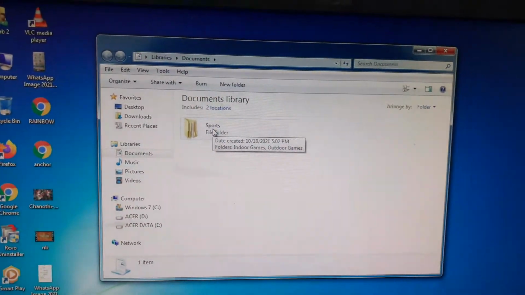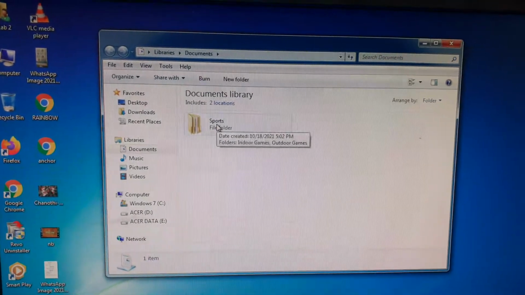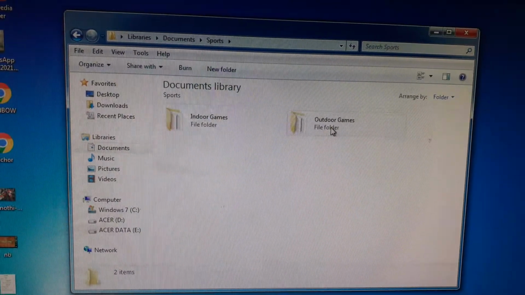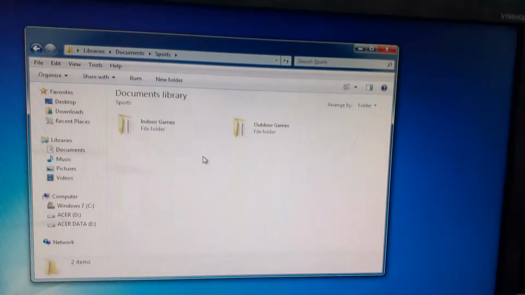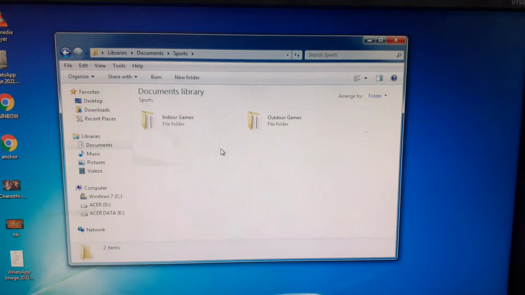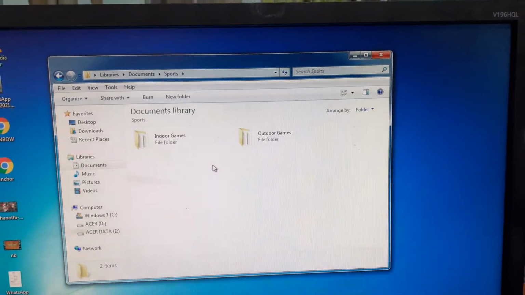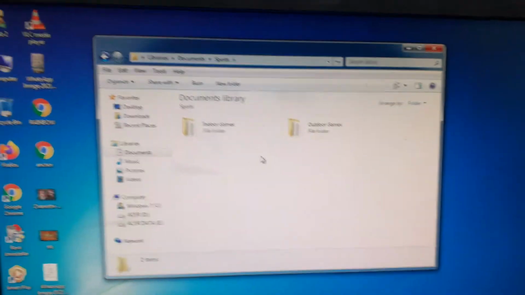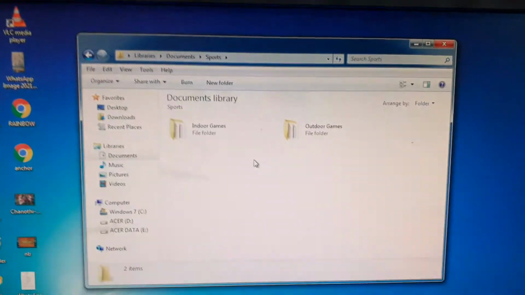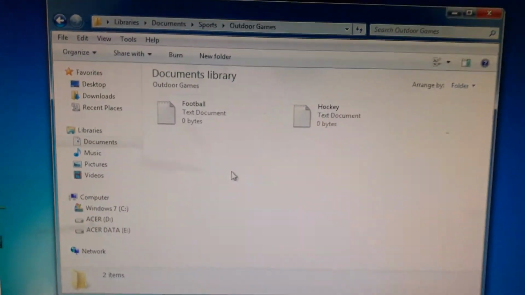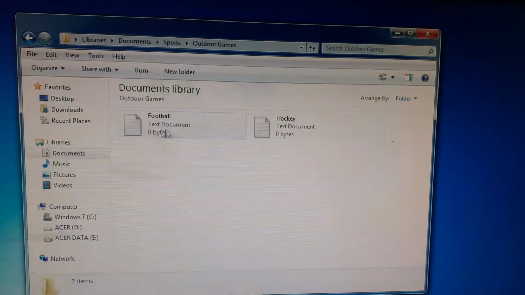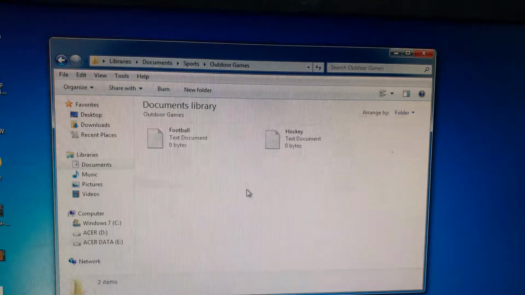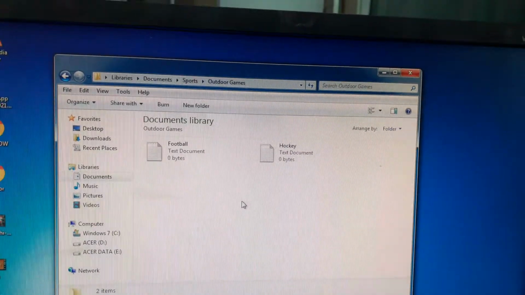This is the main folder, and in the sports folder there are two subfolders, indoor games and outdoor games. Now in the file list, in outdoor games there are two files, hockey and football.